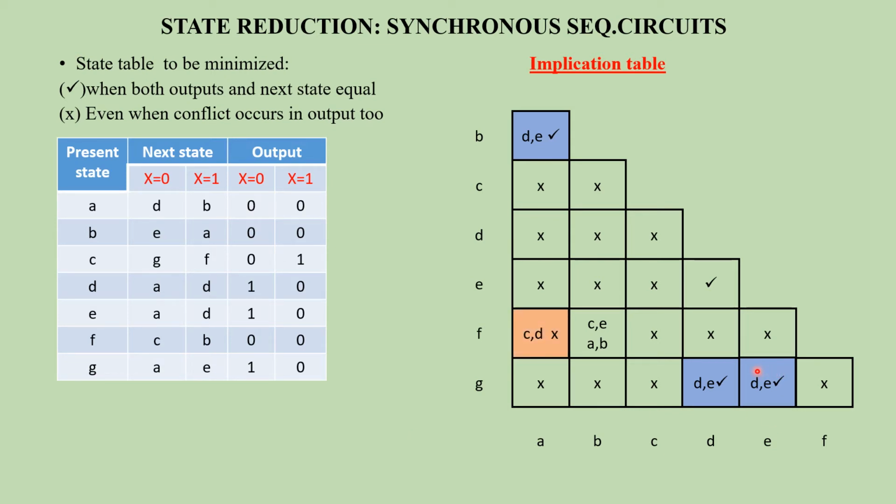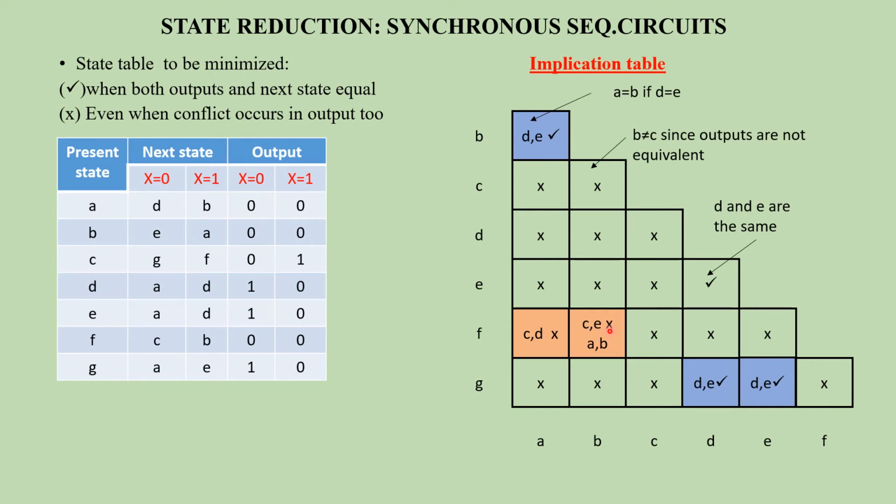Next, why is a cross mark put after the C and D? Go and compare the row and column for C and D. C and D against D, it's a cross mark. So we are putting a cross mark after this C and D. Similarly, C and E. Go and check C and E, it's a cross mark. And since it's a cross mark, we are putting a cross mark, right?